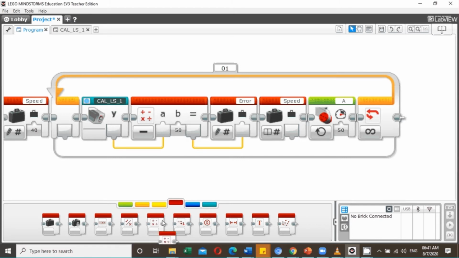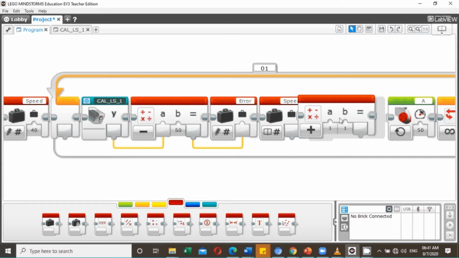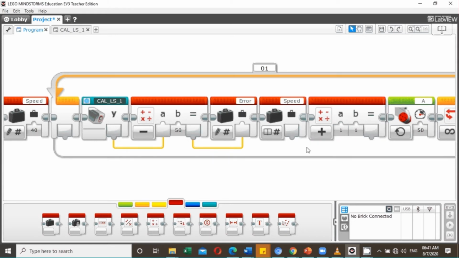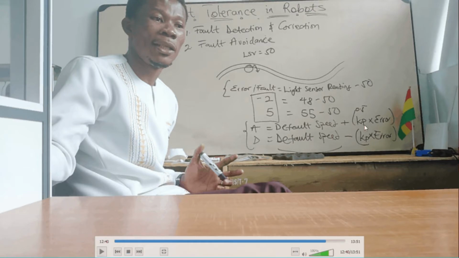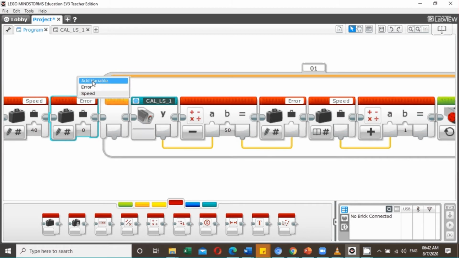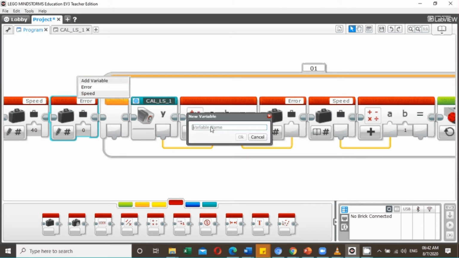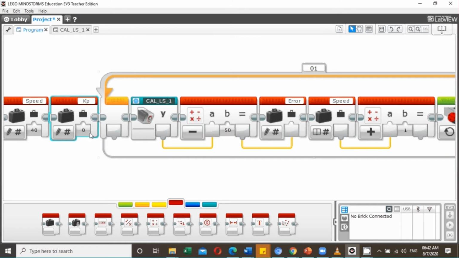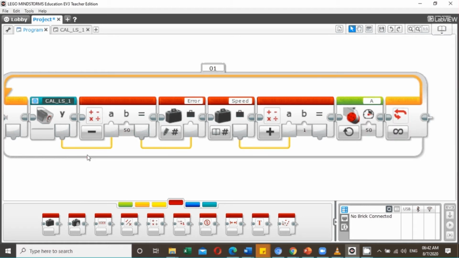So I'll pick the math block again and say that the speed of motor A will always have to speed up by a fraction of the error value. So as we see, a constant of proportion, that is a proportional gain times the error value. So let us introduce that constant of proportionality. Let me add this as a variable. So Kp, assuming we are using 0.5, that is half of whatever error value is measured, then it means the speed of the motor should always drive at,